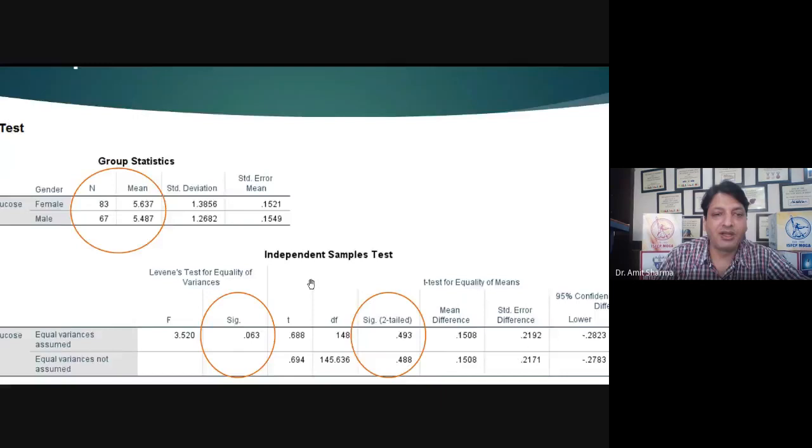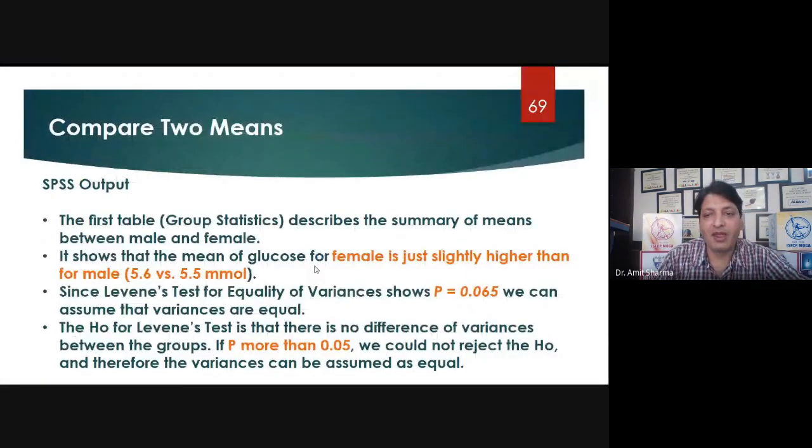Let me show you how the results will be written as per the MLA handbook style. The first table which I've shown you shows the group statistics, and this describes the summary of mean between male and female: what the mean glucose level in male was, what it was in female, and what the standard deviation was. So how to write the results of the first table?